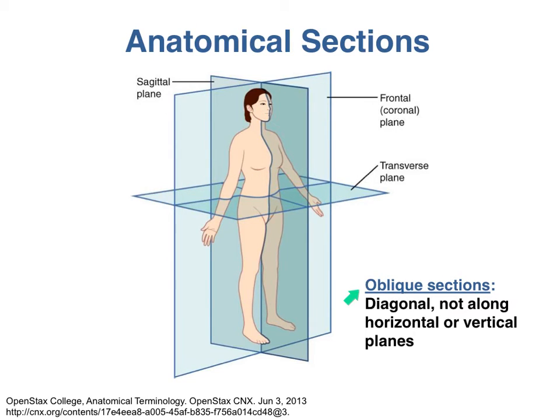A section that's not strictly horizontal or vertical is called an oblique section and can be very confusing to look at, because organs that you may be used to looking at in a particular way will look weirdly elongated. They might look like they're out of place. An oblique section in this image would look something like that. Because structures tend to look odd on oblique sections, it's best to avoid them if you're really trying to identify structures.